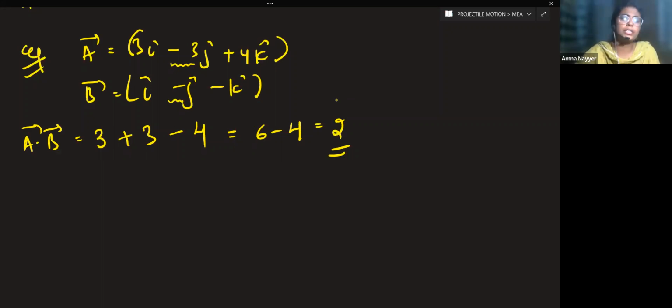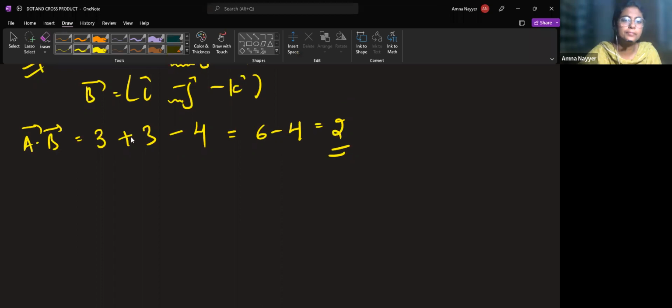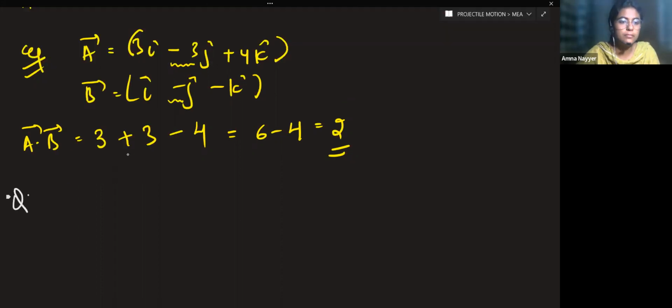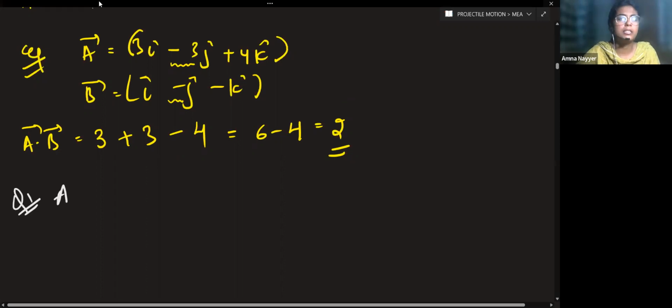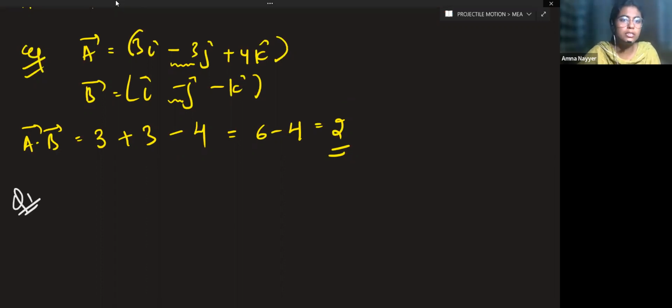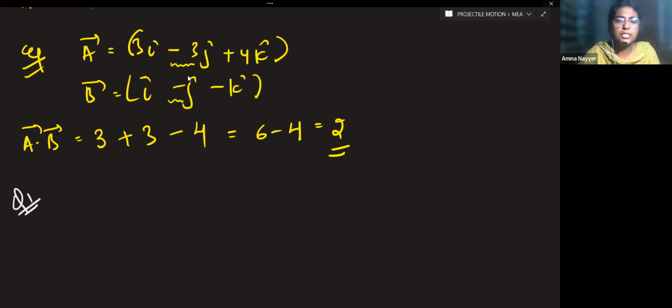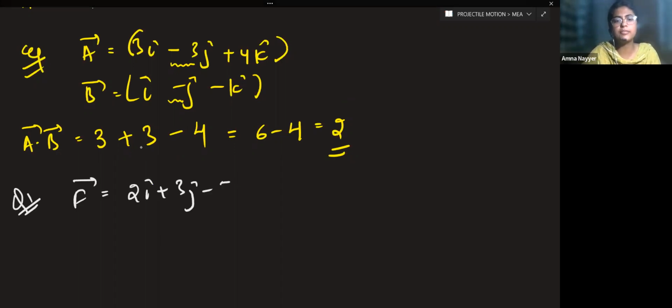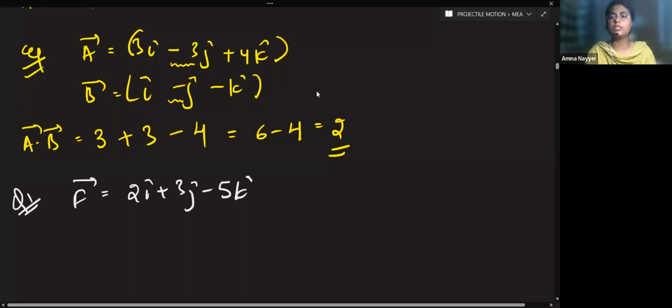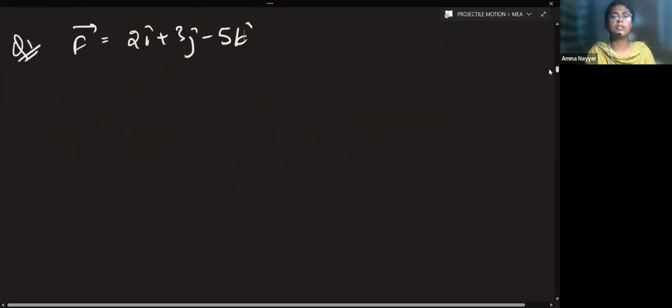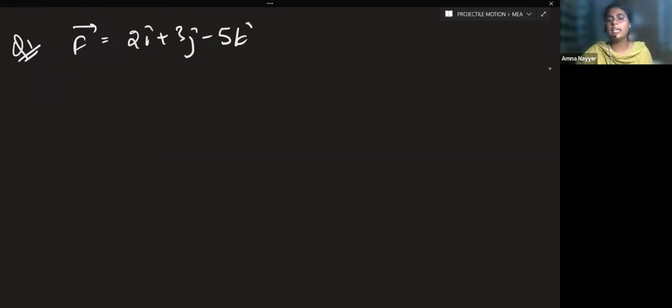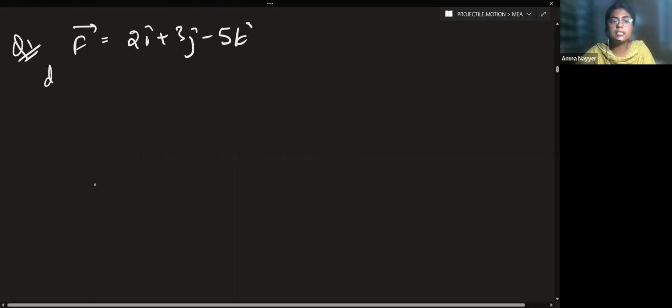Fine. One question is there. Let me not write everything. See what is the gist of the question. Question says a force is given. Force's value is given as 2 I cap plus 3 J cap minus 5 K cap, along with the unit vectors. Then it says this much amount of force acts on a body, and it displaces the body